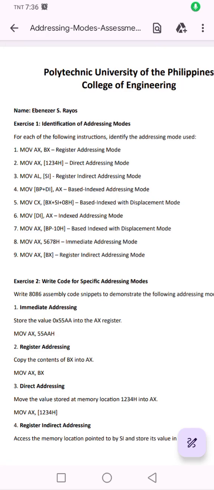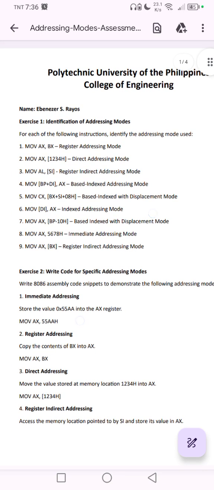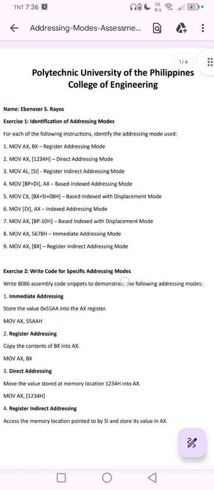Hello, good day everyone. Today we're gonna explore the addressing modes in assembly language, specifically focusing on the 8086 architecture. We'll break down each exercise from our recent assignment to understand how different addressing modes work in practice. So,